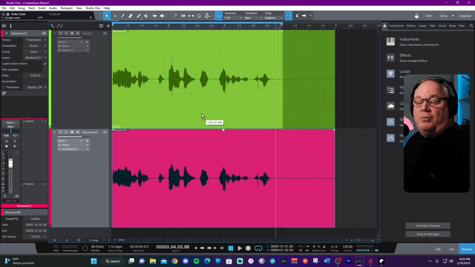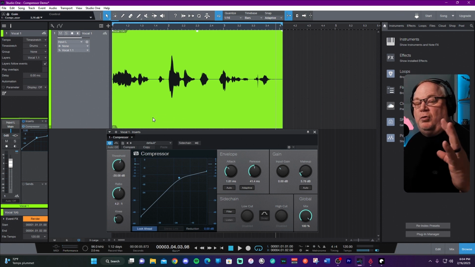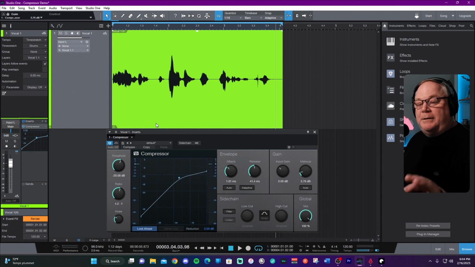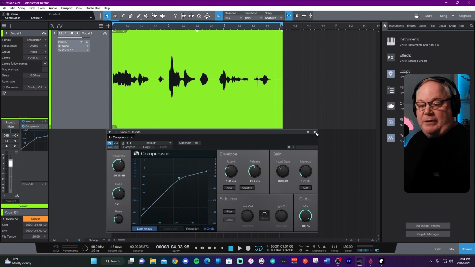Now I wanted to show you one more thing. What this is going to do, and I'll show you here, is it's going to bring the overall volume of the track up. So that is what makeup gain does. Now, there's one thing that you need to know about makeup gain. A lot of people think that it only does makeup gain when the compressor is active, and that is not true. Makeup gain affects the whole track, whether or not there's active compression going on or not. So, and well, I'll show you that here now.